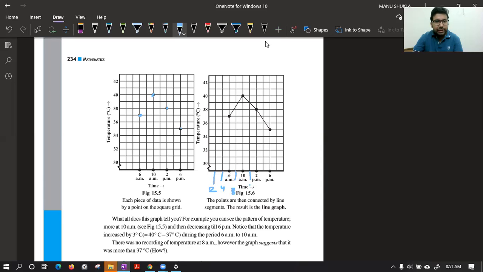Or you can take it as 12 p.m. is fine. After that we get 2 p.m., then 4 p.m., then 6 p.m. and so on. So if you want, you can take 1 unit as this much in your graph paper. If you want, you can take 1 unit as 2 boxes also. It is your choice. But as it was starting from 0 and there was no gap, that is why kink